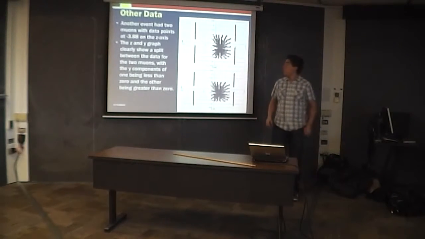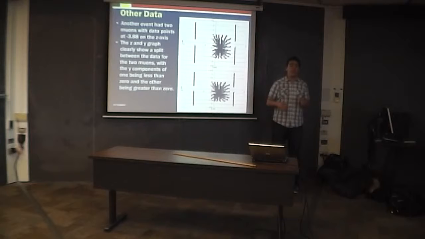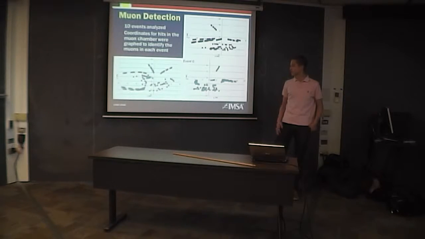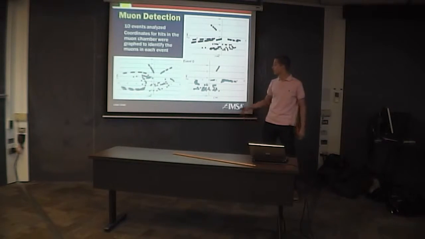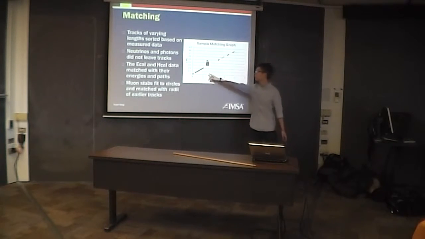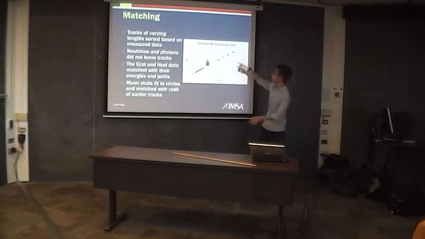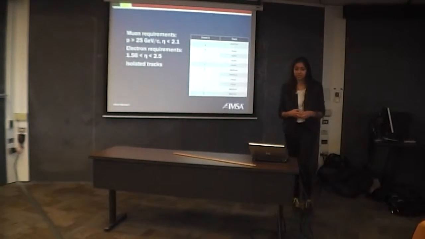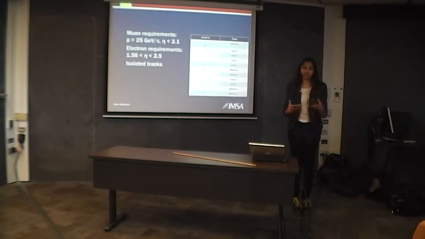Well, for events that had muons, it's often more difficult to determine which energy clusters correspond with which particles. Because the muons are so much heavier than the other particles, they tended to follow a straighter line. I also would fit the muon stubs to the circles that were from the original actual tracks that we had from earlier, which were mainly focused on isolation of the tracks and clusters, but they also required some information about pseudo-rapidity and